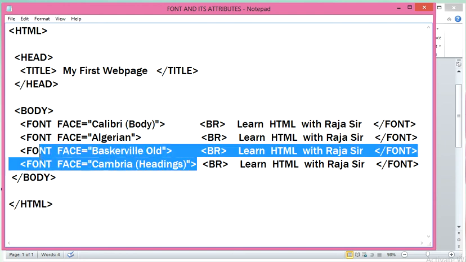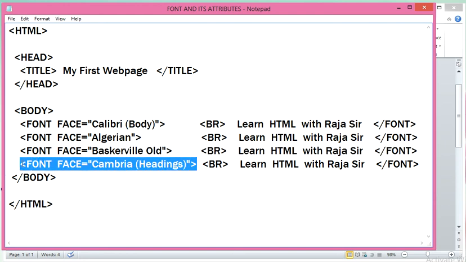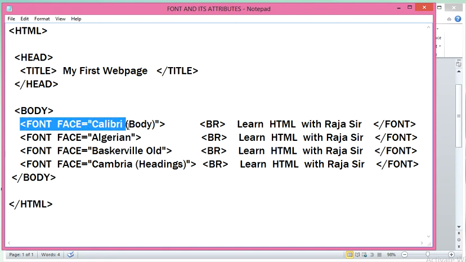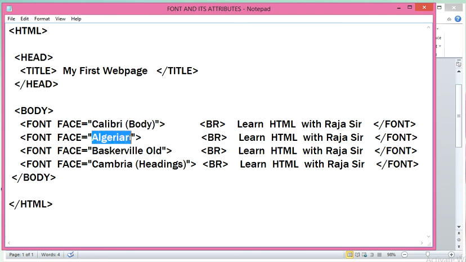Here is a font tag with Cambria heading, font face; here the font face is Algerian, here the font face is Calibri.